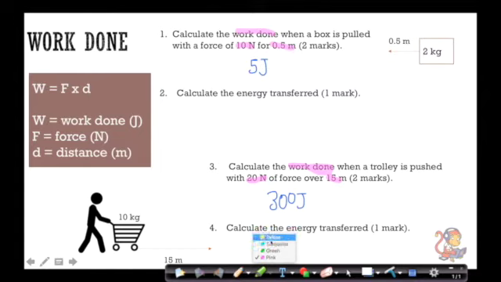What I want to highlight to you is something that comes up really commonly in the exam, and that is when they ask you, after you've calculated this work done question, they often say for 1 mark, and that would be your key indicator, they say calculate the energy transferred. It's only 1 mark, and that's because you're simply going to just copy down that same number that you had before. And in so many cases they have this after the question, and people get really confused. But if you remember the rule that we talked about earlier, which was work done equals the energy transferred,